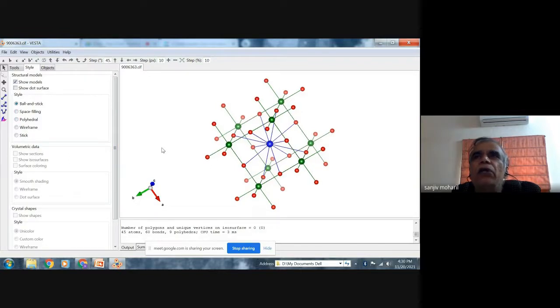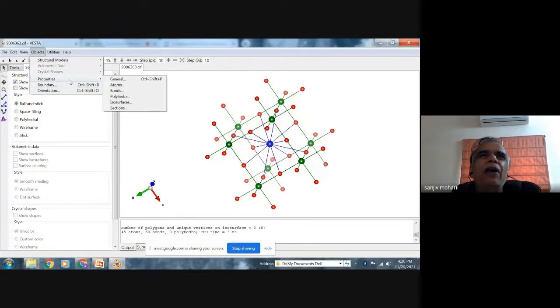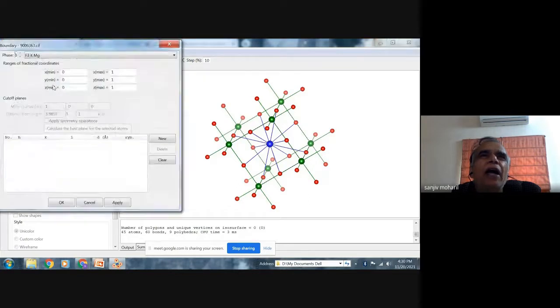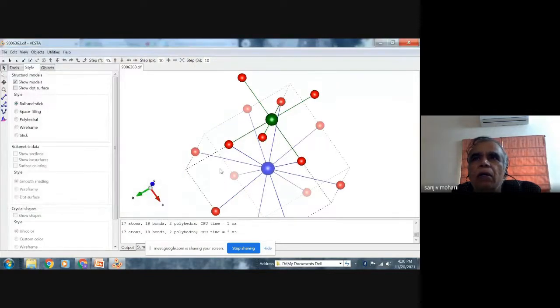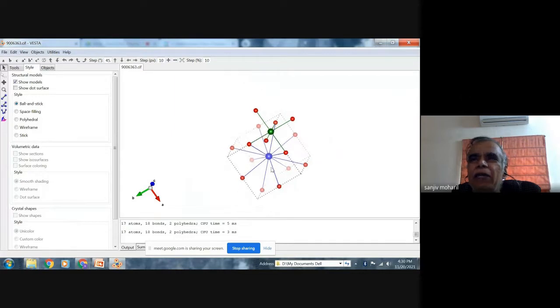Now I can also reduce the size. If there are too many atoms, then I can choose the size of the unit cell, the boundaries. I can make the boundaries smaller. So I can get only K and Mg, 1 K, 1 Mg.